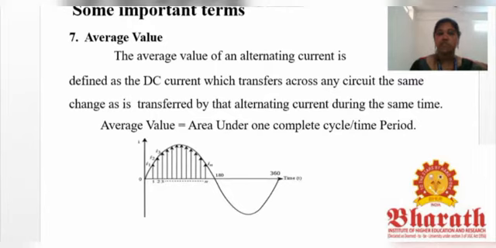If it is a voltage, then you have to write the area under one complete cycle as a voltage waveform. If it is voltage and current, then the area under one complete cycle is your power waveform. So according to the waveform we use, the area under one complete cycle will change accordingly. If it is a current quantity, we write the area under the complete cycle as a current equation. If it is a voltage quantity, it is a voltage equation. If it is a combination of voltage and current, then the area under the cycle will form the power quantity. So, area under one complete cycle divided by the time period.